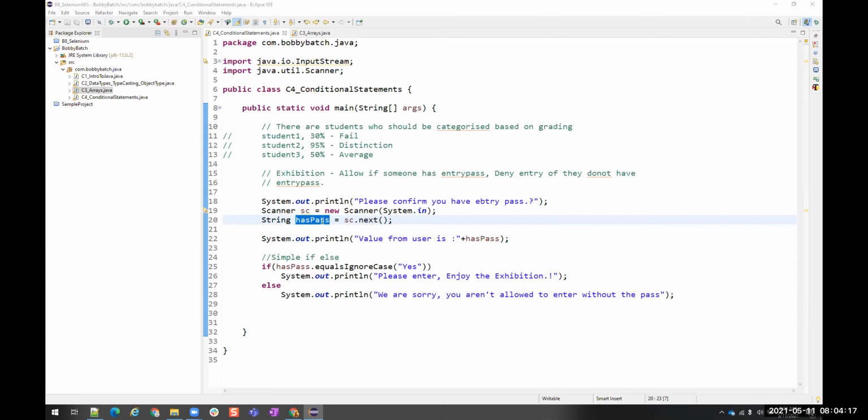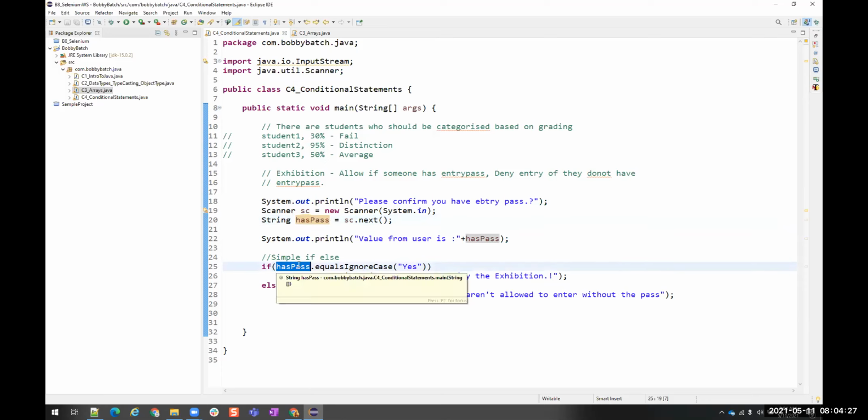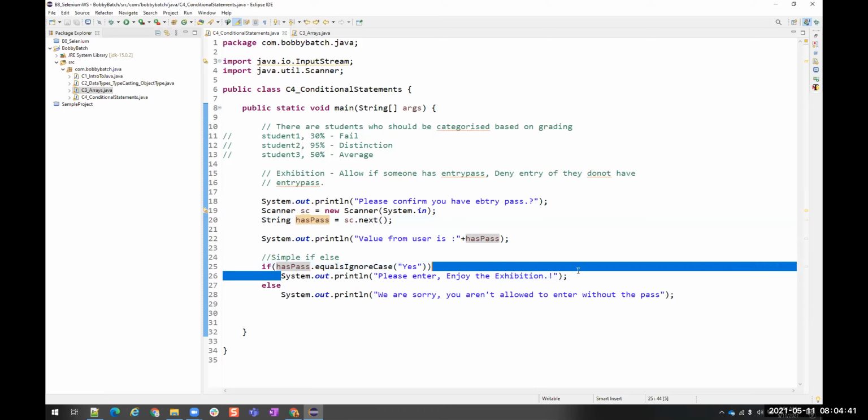Okay. Now I should validate the response. The response is in the hasPass variable. So this is the hasPass variable. I am checking whether this is a yes or no. If this variable has the value yes, then perform this.